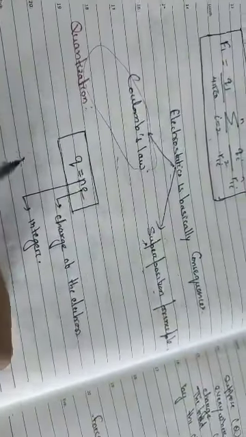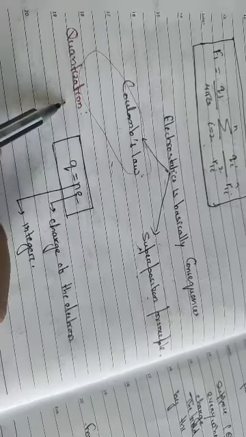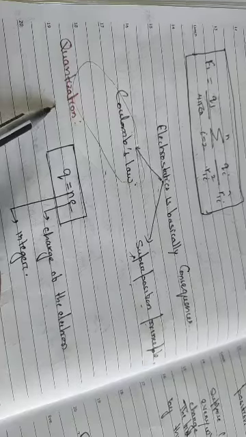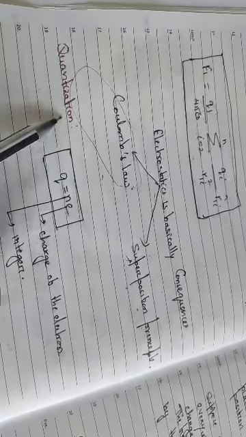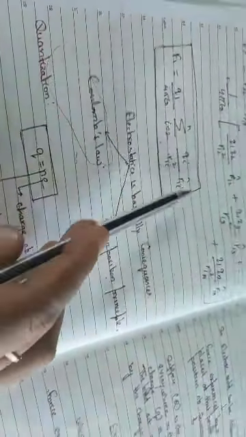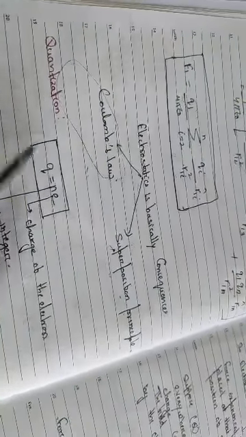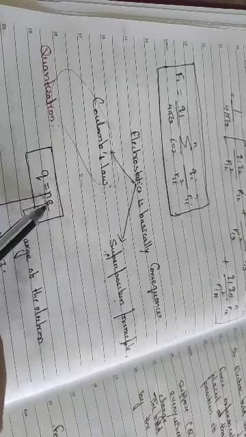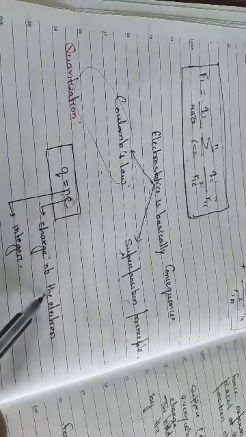Okay, very fast I will give you some concept of quantization, because in the first class, student, I gave you the concept of the basic properties of charges, which I divided into 3 forms, if you remember from the last video. One is additivity, second is quantization, and third is conservation. Additivity is the sum of all the forces that you have seen, F12, F21. But what is quantization? You have to remember the formula Q is equal to n e. n is an integer which you can take positive or negative also, and e is the charge of an electron, whose value you have to remember.